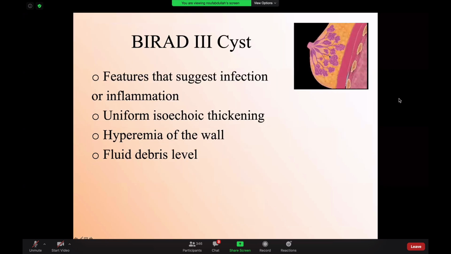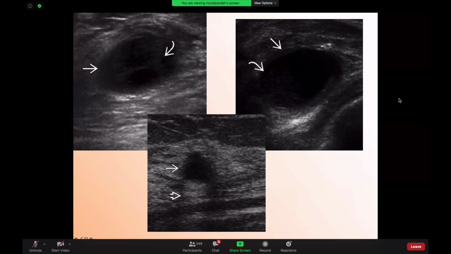So an inflamed cyst is something that you commonly see in breast imaging. Patients, they're usually around 40. They come with a palpable mass, very painful before the period. You look at it, you see anechoic cyst. You see posterior acoustic enhancement. You look at the wall, it is hypoechoic. You have a hypoechoic wall. You might find increased vascularity around it. This is an inflamed cyst. I will call it a BI-RADS 3.